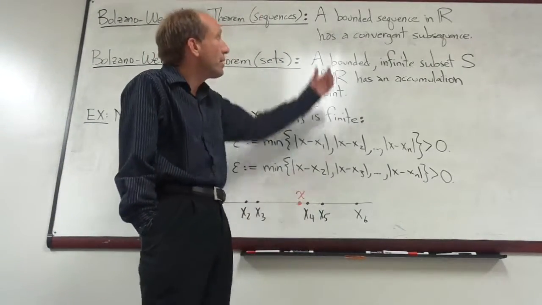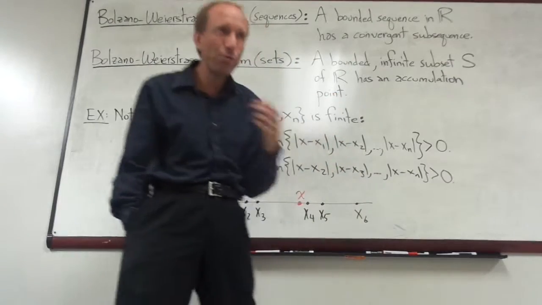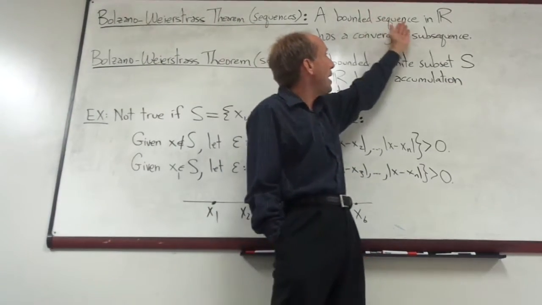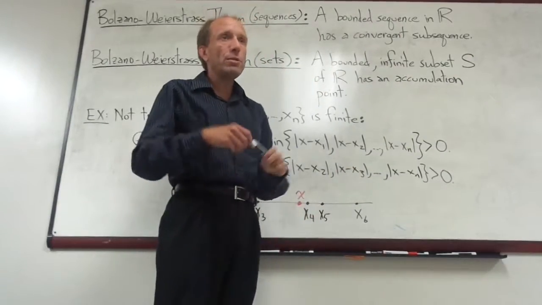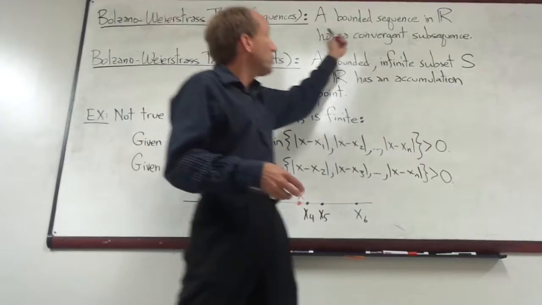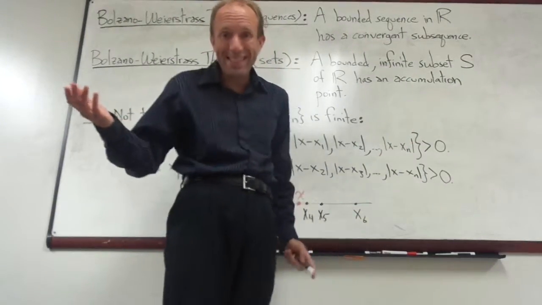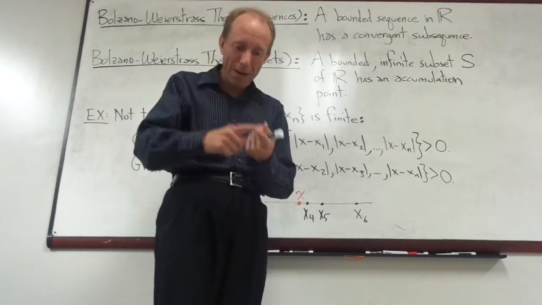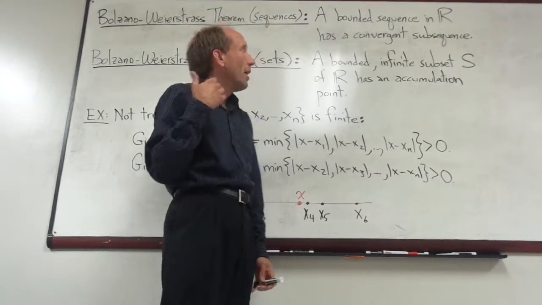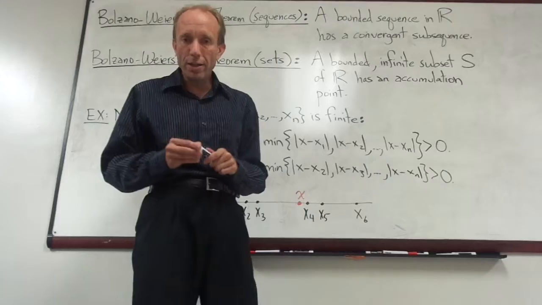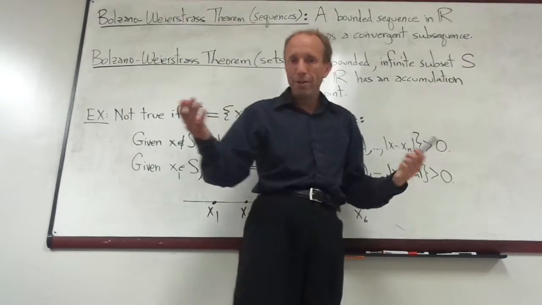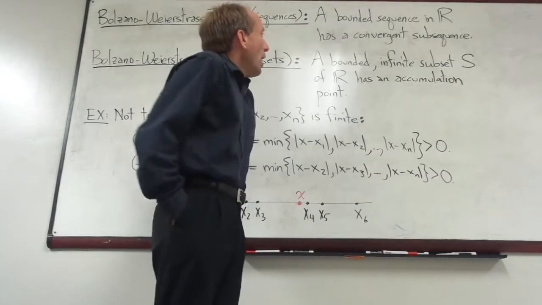Now, the reason that this is true, I'll just remind you of the proof very briefly. Every bounded sequence, when you take a subsequence of it, still remains bounded. And every sequence has a monotone subsequence. So that subsequence will be bounded and monotone. So by the monotone convergence theorem, if it's bounded and it's monotone, it converges. So we have to have a convergent subsequence. Very easy to prove that, right?